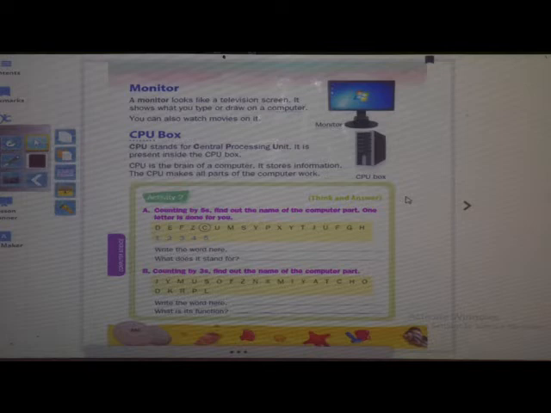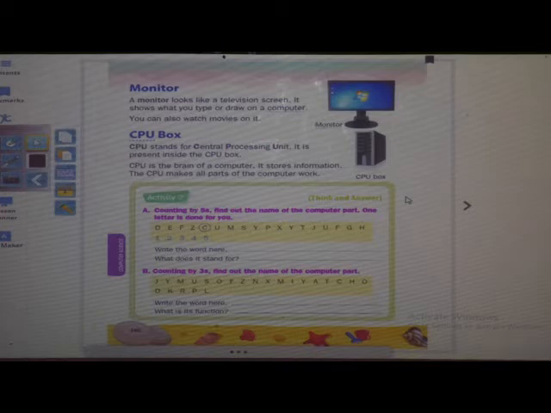We know the different parts of computer, yes? So, it makes all the parts of the computer work. So, students, tell me which is our body part like that, that tells us to do work by the different parts. Yes, very good students. Brain. Brain tells us what to do at what time. So, in the same way, the CPU is the brain of the computer. Okay, have you understood the CPU?